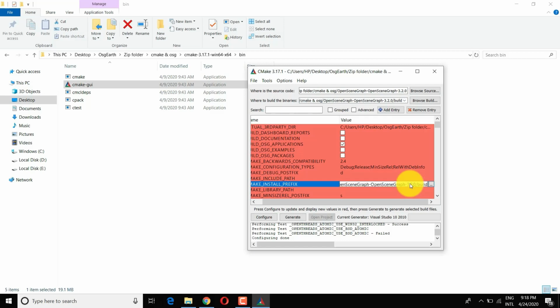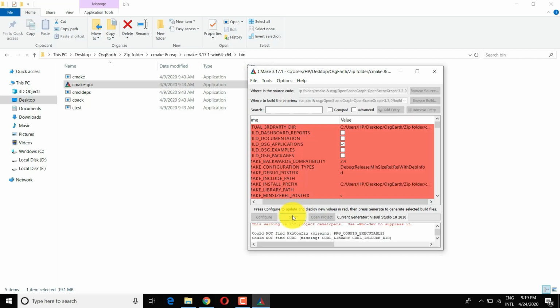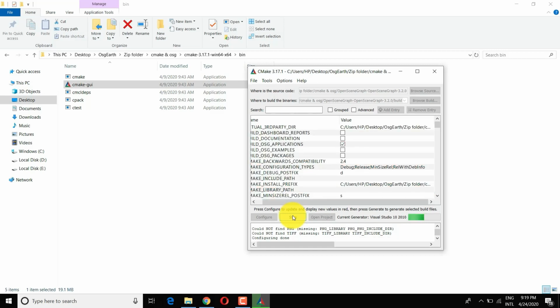Here give the path for the install directory where libraries will get installed. Sometimes it will show an error if you leave it as it is, because sometimes your system will not give permission to install libraries in Program Files. So after giving the install directory, then hit generate.